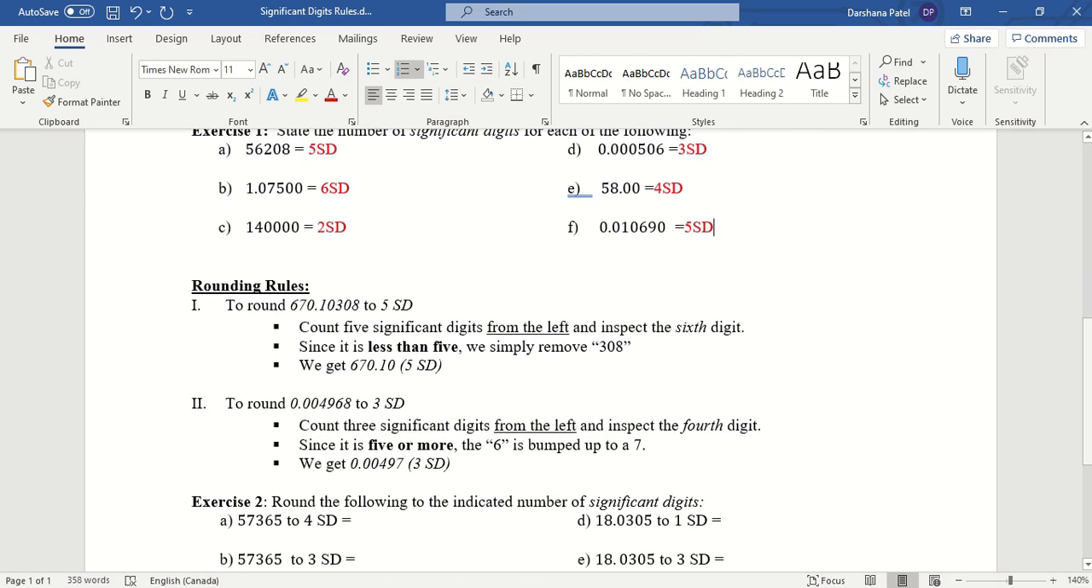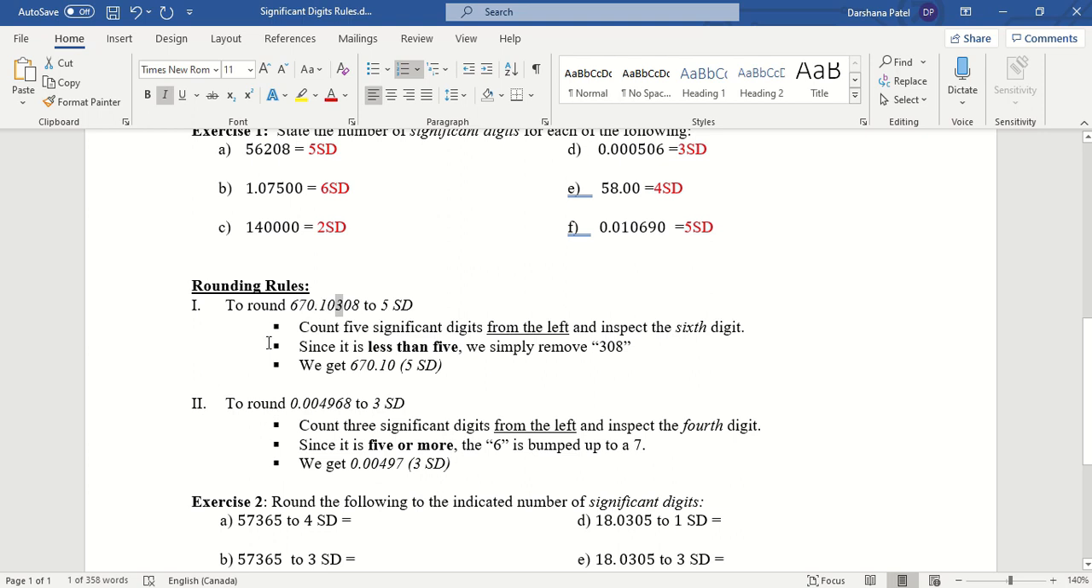Rounding rules. To round, for example, 670.10308 to 5 significant digits, basically I look at the 6th digit. Because I want to round it to 5 significant digits, I look at the 6th digit. So 1, 2, 3, 4, 5, 6. If the 6th digit is 5 or more, the previous number goes up by 1. If it is less than 5, between 0 and 4, you just take the first 5 digits and that's your result. So in our case, I will cut at the number 308. I don't care about any numbers after that. So my number will be